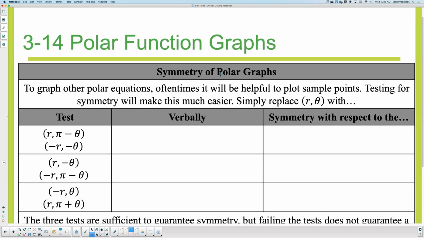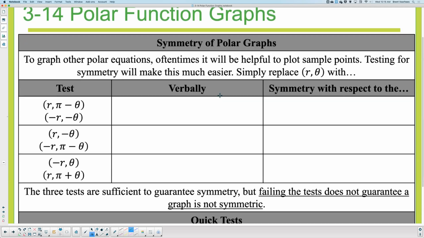All right. So now let's talk about symmetry. These graphs can have symmetry, and symmetry can be a little bit different. So first off, if you test this, I want you to think about what's happening here. When we talk about symmetry,